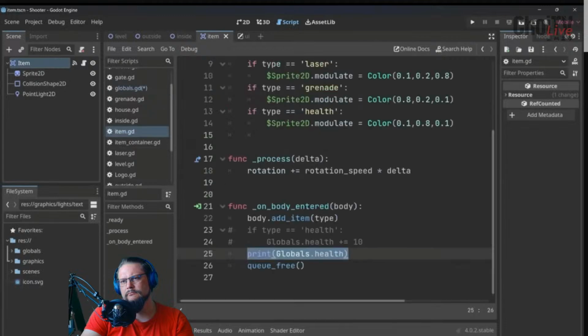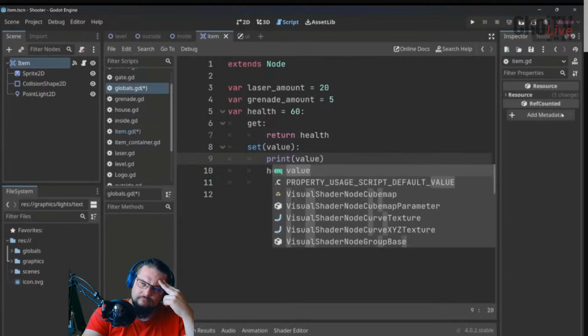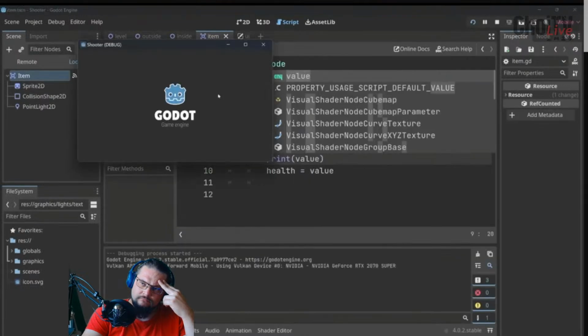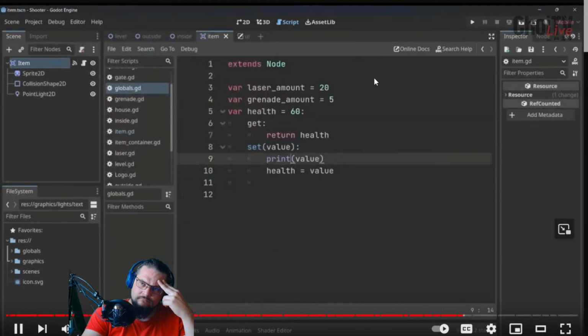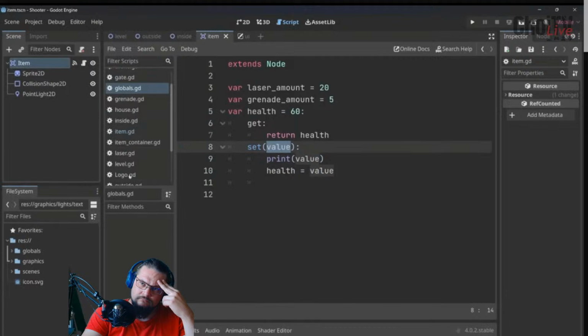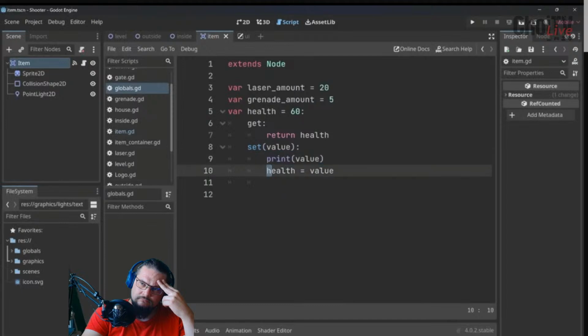For example, inside of item, if we are updating globals.health by increasing it by 10, then the resulting value is going to be the value of this parameter, which means if I print the value, run all of this again, we are getting 70 twice. Because this value is the result of this operation. And we are printing that, and we are setting it as the value for health, which means we are updating